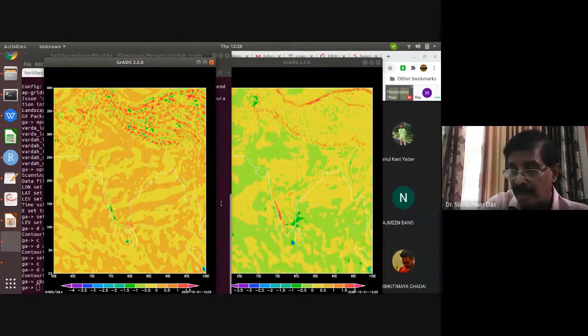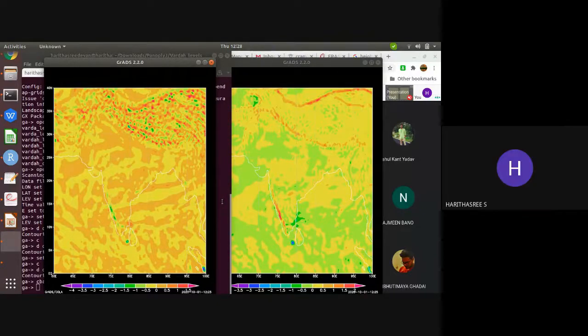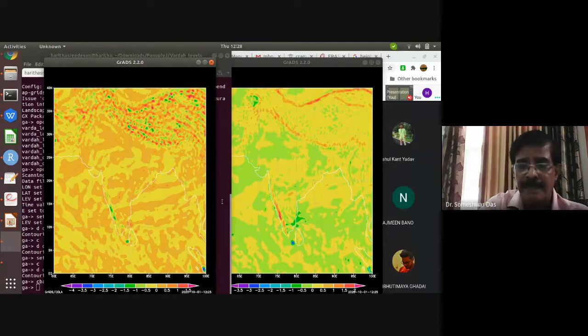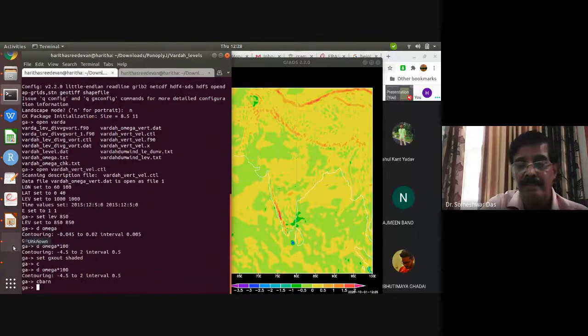Okay. Those things you can also do by writing a GrADS script so that every time you don't have to write all this type of setting, selecting the contour color. You know how to use the GrADS script, right? Yes, sir. So write a GrADS script in which you define everything, contour color and the shading range, like from this level to that level, this color; from this value to that value, this color, like that. So both the things you make identical. Then you plot. Then only you can compare it properly.